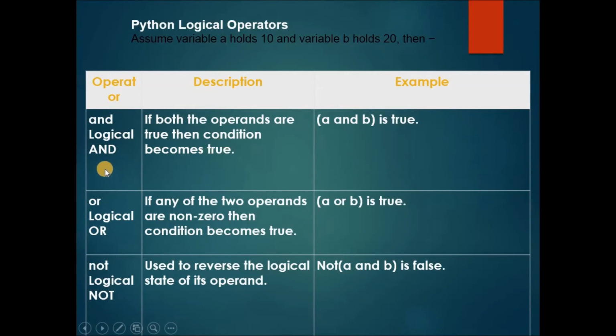After that, logical operators are also there. So different types of logical operators means C and or not. These are the logical operators. It is used in Python. When two or more comparison operator you are going to use in program, then you have to use this logical operator. Just remember that. If the first condition is true and the second condition should also be true, for that case you have to use this and